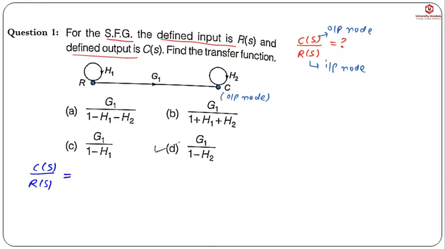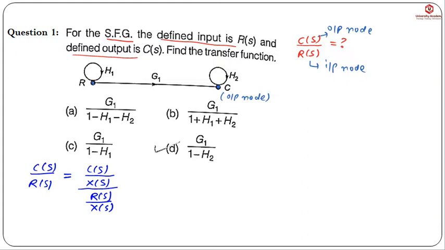So we can manipulate this fraction like this, C of S. So let us divide the numerator and denominator by some other node. Suppose it is X of S. Okay, so this will become R of S by X of S. So again we will be getting the same ratio, that is C of S by R of S. So यहाँ पे क्या है कि हमें एक additional node introduce करनी है.